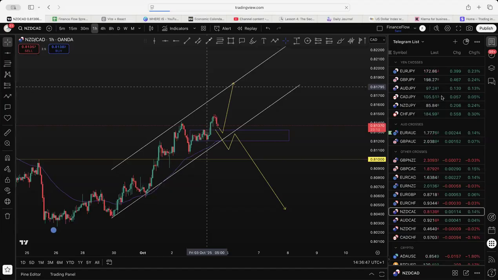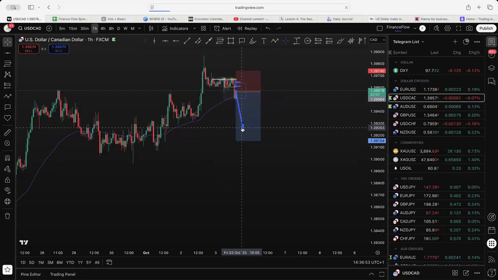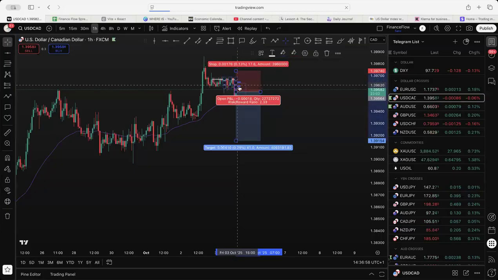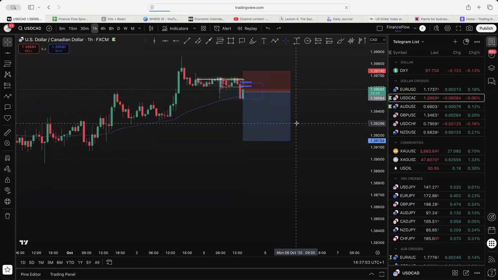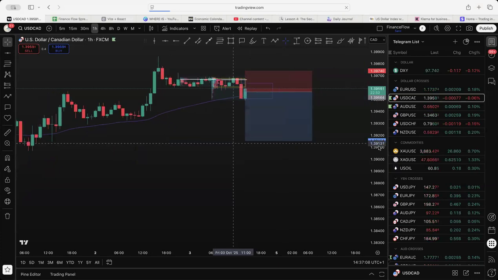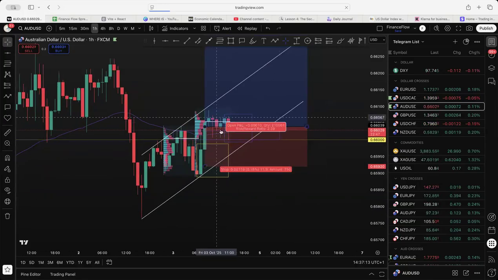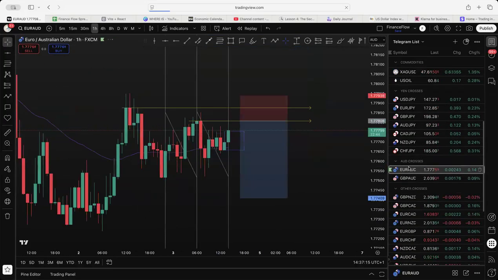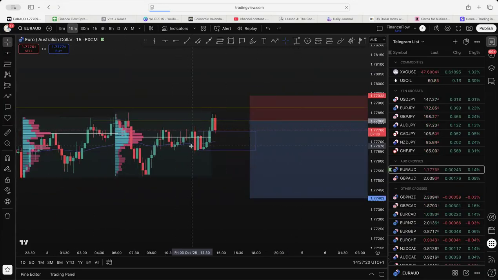So let's just have a look at everything. I think USD CAD is just about break even. So I just see this continuation to the downside here. I definitely see that. I want to get rid of these. There we go. And then we've got AUD USD still running from this morning, just loitering around that area. Look at that. Told you guys. Broken through. That's what we wanted. So we'll wait and see now.